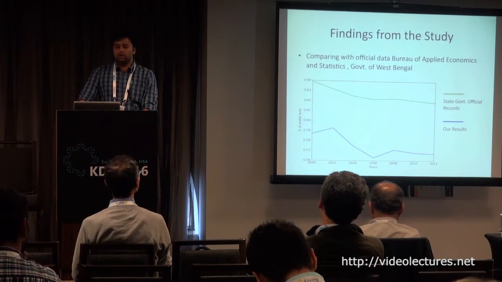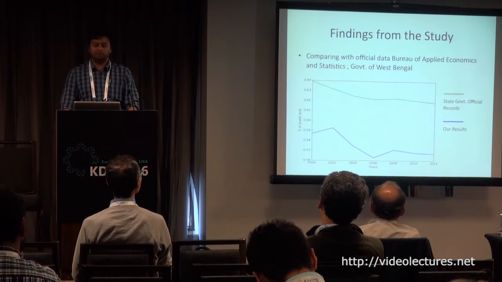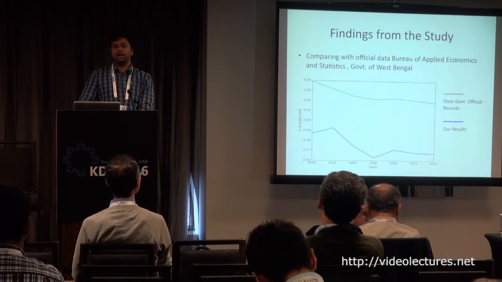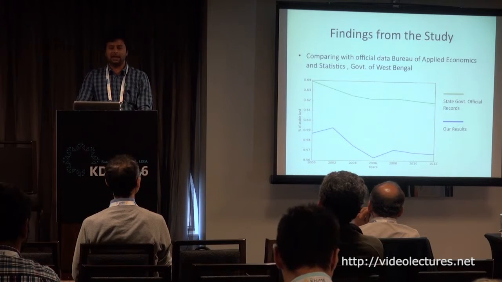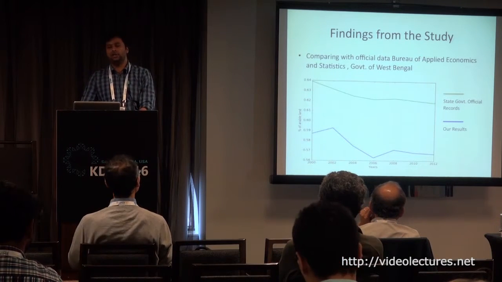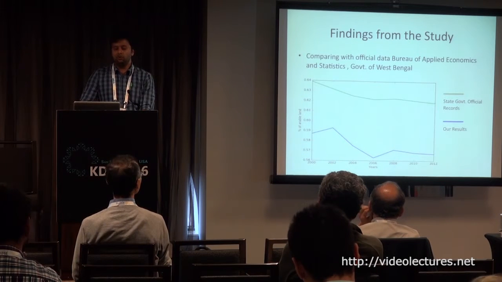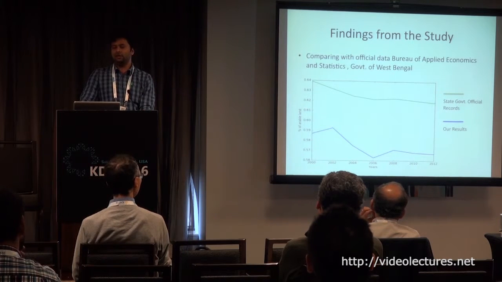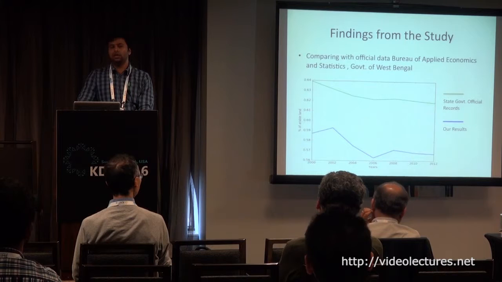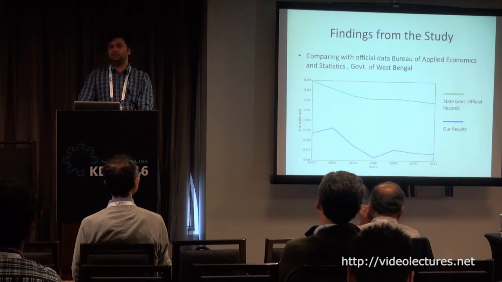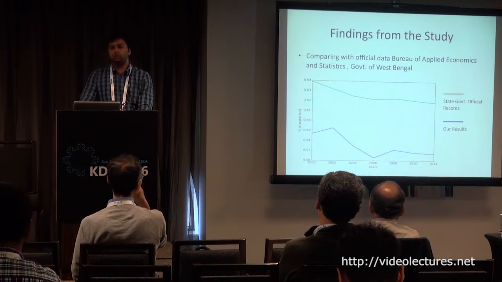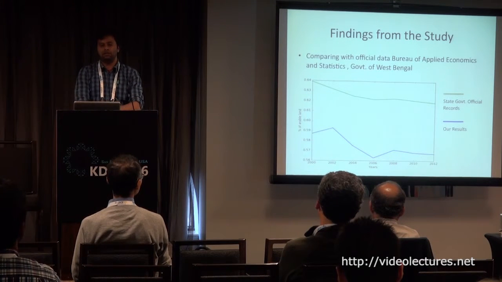In this plot, the x-axis is the different years for which we did this study, and the y-axis represents the percentage share of agricultural land. The blue line represents the results emitted by our tool. We see that after 2000, there has been a slight increase in agricultural land share. Then there was a drastic drop. We see some increase, but the present trend is getting reduced more. And we compared these results with the official statistics published by the government,